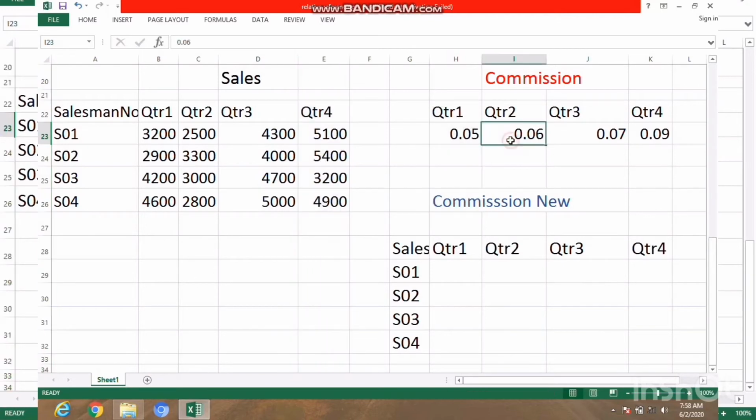For that, the next commission chart is given, in which quarter 1 is 0.05, quarter 2 is 0.06, like that the commission rates are given. So we have to find out the commission quarterly here. For that, what equation will we write in quarter 1? Commission new is the new table in which we have to find out the commission. So first we calculate quarter 1 salesman number 1, that is 3200 into 0.05, 2500 into 0.06, like that we have to find out. So what one equation will we write? First of all, I will write 3200